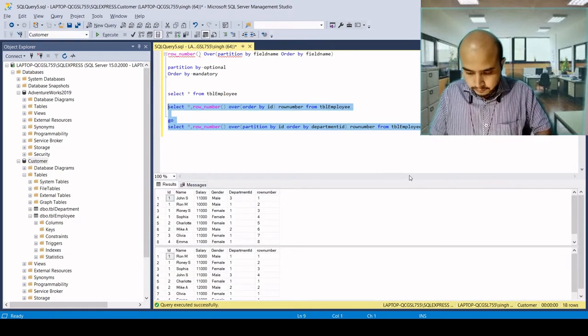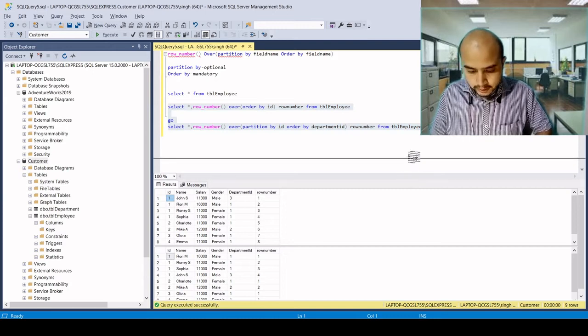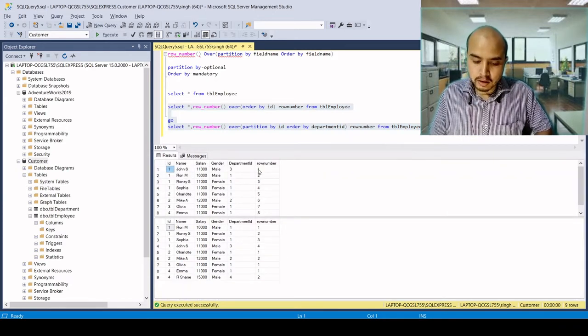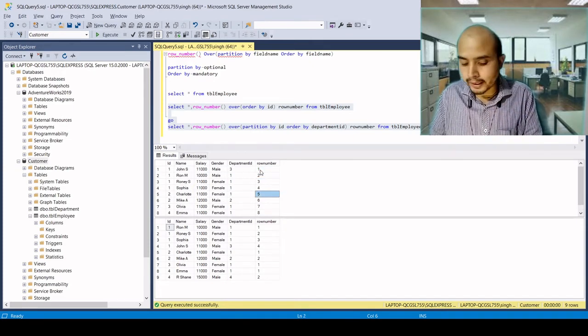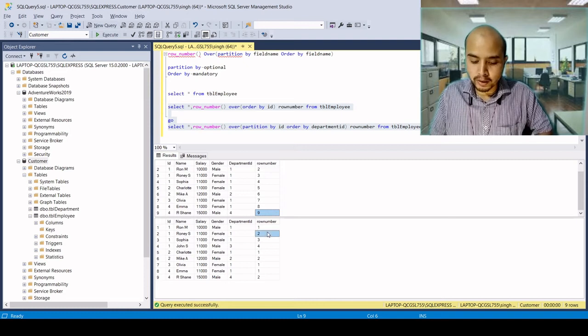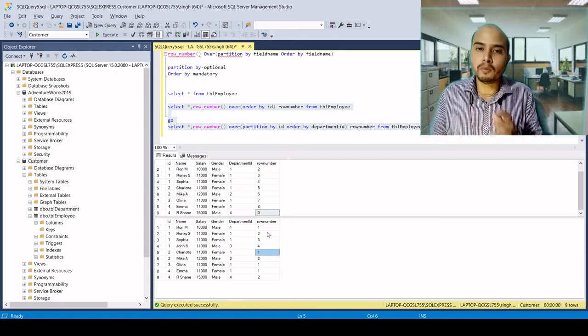Here you can see that in the first query there were sequential row numbers 1, 2, 3 till 9. But in the next query you can see 1, 2, 3, 4, because the ID number was the same. Again the ID number changed and the row number starts with 1. That is the benefit of PARTITION BY in ROW_NUMBER.